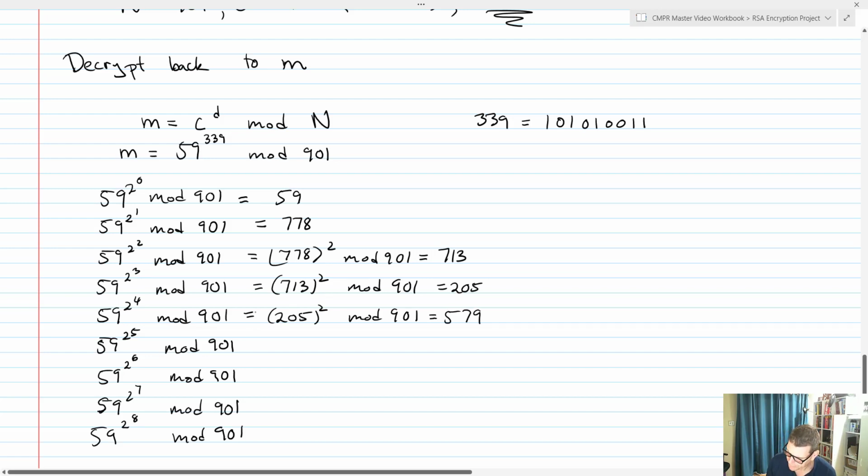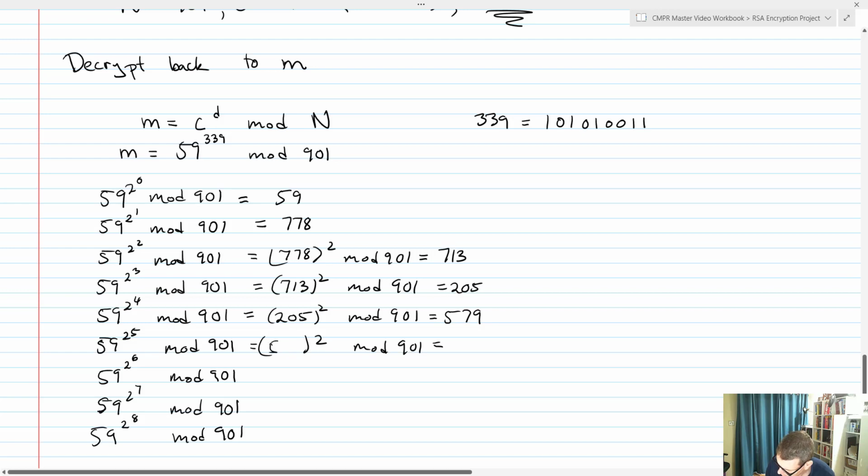59 to the 2 to the 5th, mod 901, is going to end up equaling... And by the way, if you're like, okay, I don't trust how this is working, you need to go find your modulus, go ahead and do that. Just pause the video, confirm that my numbers here are correct. Okay? They are. It's good news. This is 69 squared mod 901. And that ends up equaling,